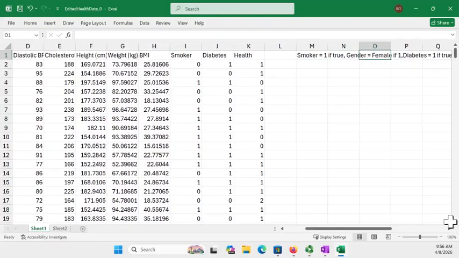Female is 1, male is 0. What does that say about gender and systolic blood pressure? It's negative, and that means the 1, female, has a negative relation with blood pressure,